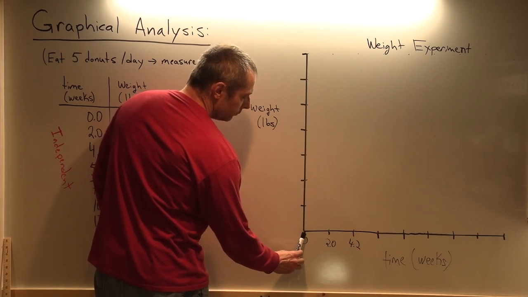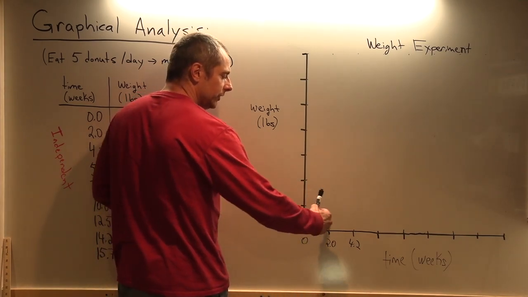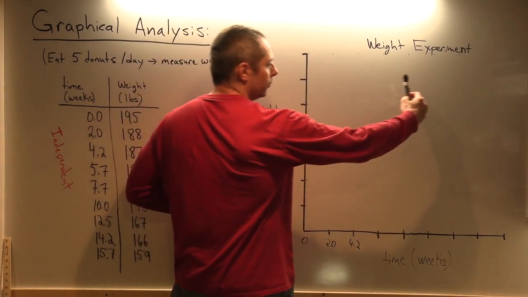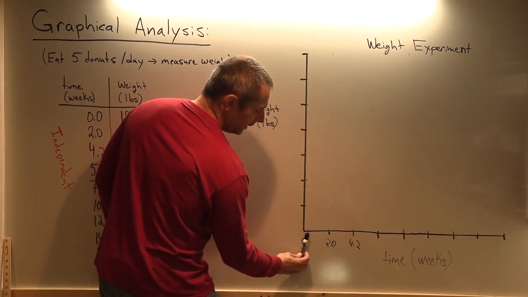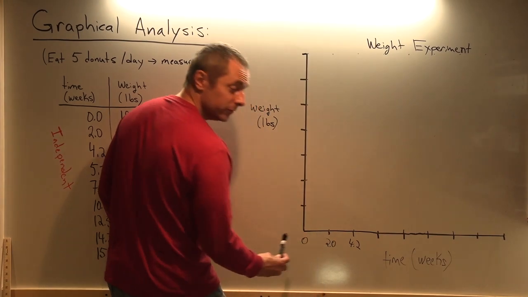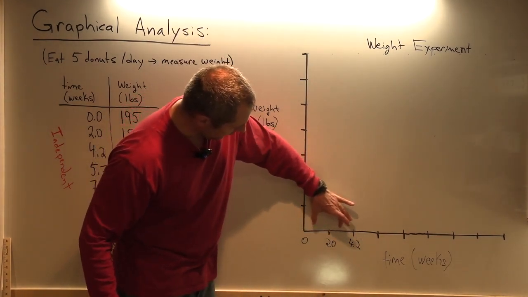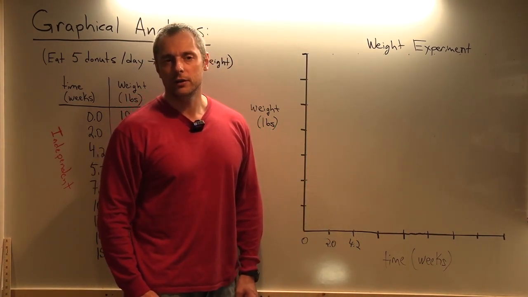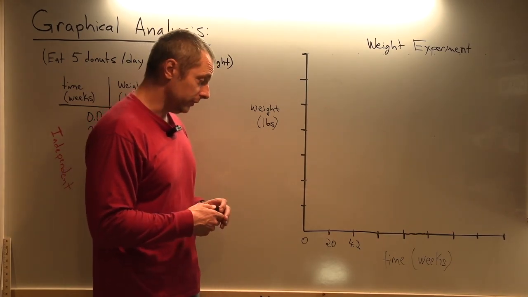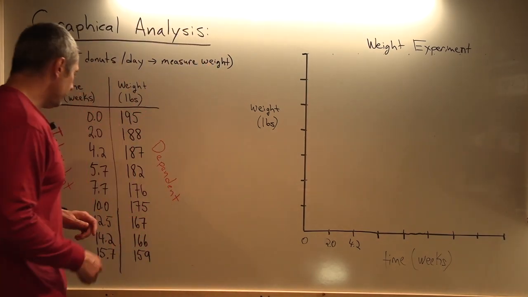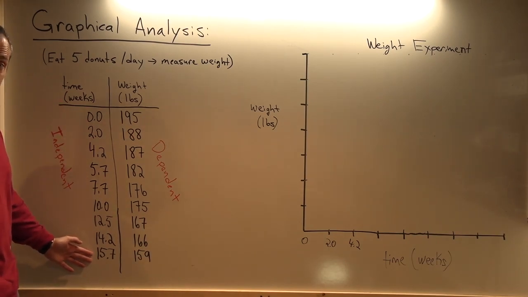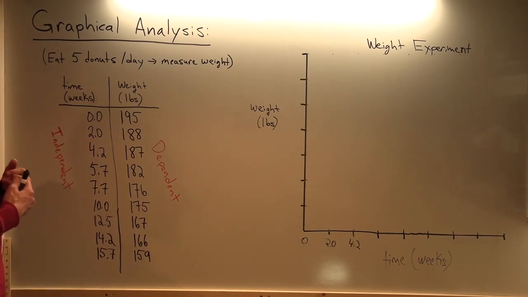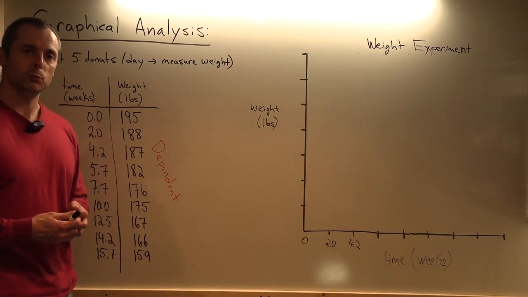The reason why this is wrong is it's going to stretch and compress the data and distort the trend, because look at this space is 2 weeks and this is 2.2 weeks. Even though it's the same distance, that's not going to create accurate representation of the data. What you have to do is you have to say, okay, look, I'm going to about 16 weeks. And then you figure out an even increment that gets you to about 16 weeks,